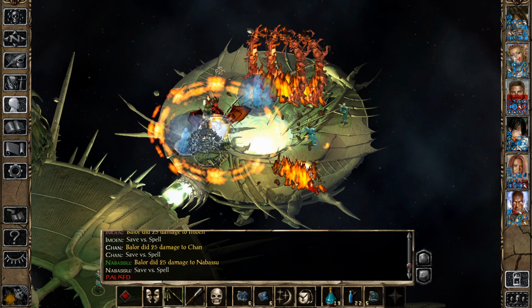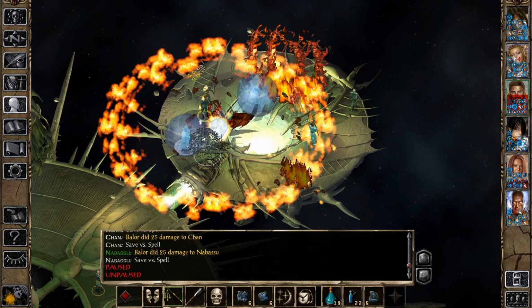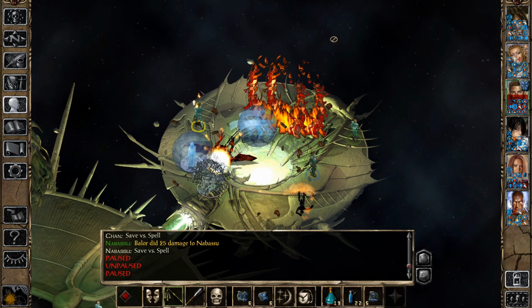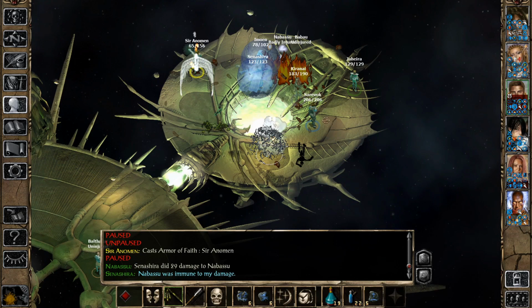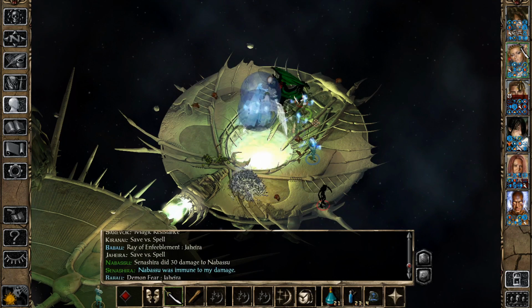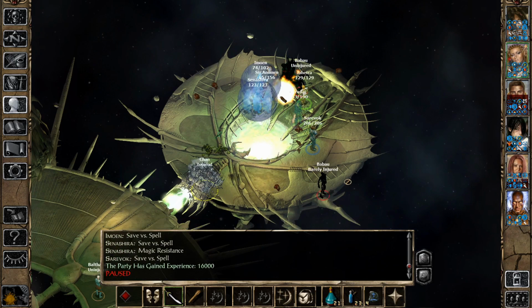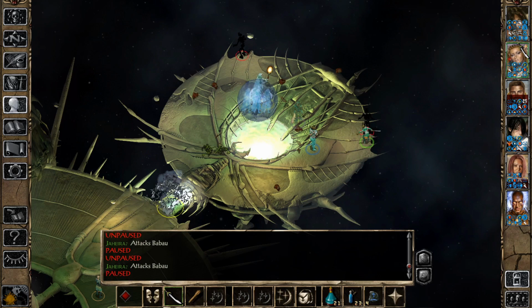Actually, we're taking some damage because I didn't reapply Armor of Faith that expired in the meantime. Let's actually do that now on Animen. Alright, and let's get going. Let's keep attacking. Oh, here's another Babao. Shira, you didn't deal with this one. You must have missed an attack. You're also not improved hasted anymore, so...